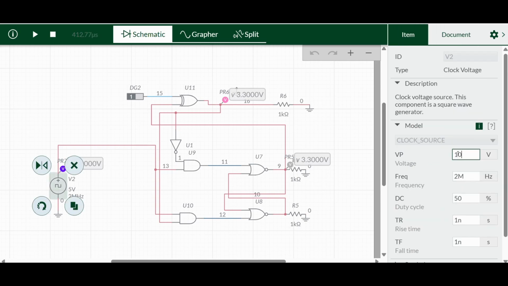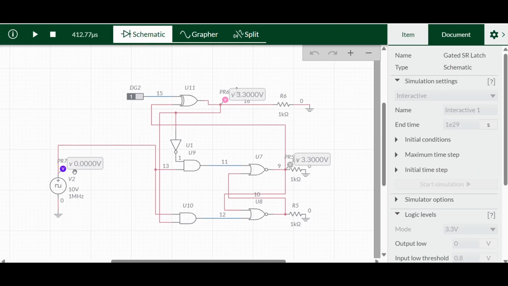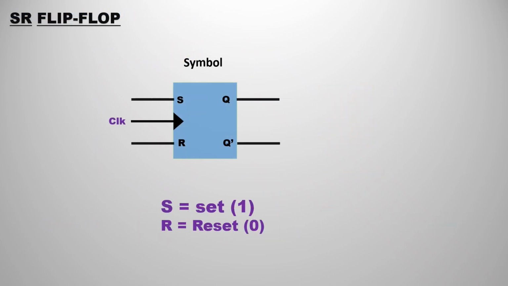So if I change the voltage and the frequency to 1 megahertz also, then after that changing also, you can see I am again running that. So you can also check that it is changing very much faster, the gated SR latch. So that is the reason we are not going to use the gated SR latch in the sequential circuits. We are going to use the SR flip-flop instead of latches as memory elements. So for that reason only we are going to use the SR flip-flop.